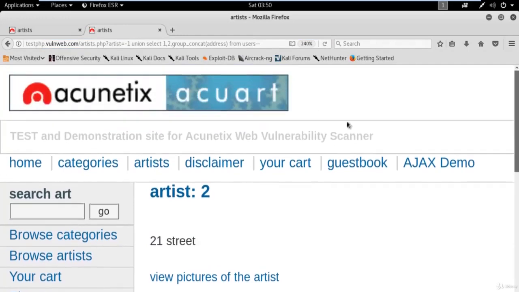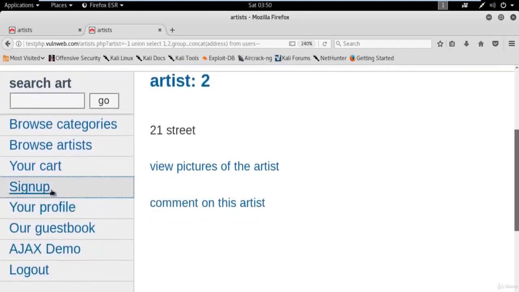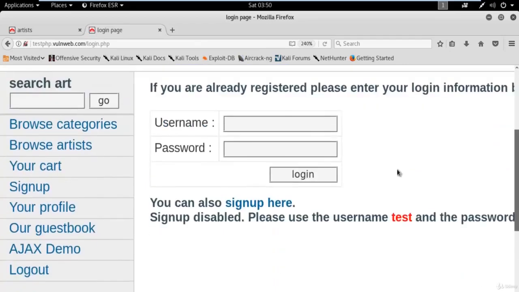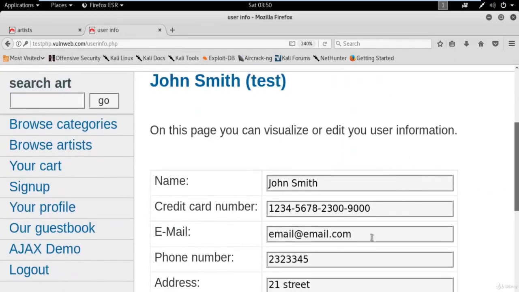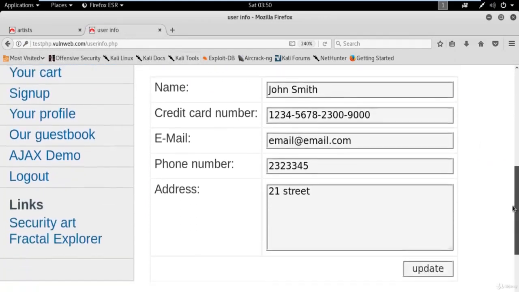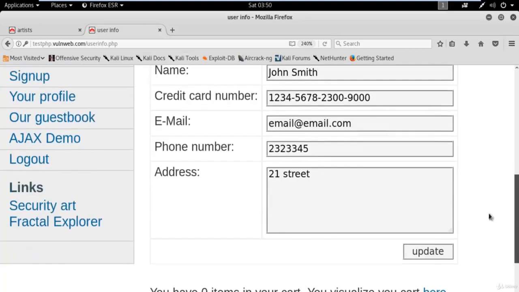So we got the username, we got the password. Now it's time to log in to the website. Click on sign up, right? And here you can simply type the username which you have got, test. Password was also test. Now you can click login, and you can see here that you are inside the database of the website, right? You can change the address if you want. For example, if I change it to New Delhi, click on update,